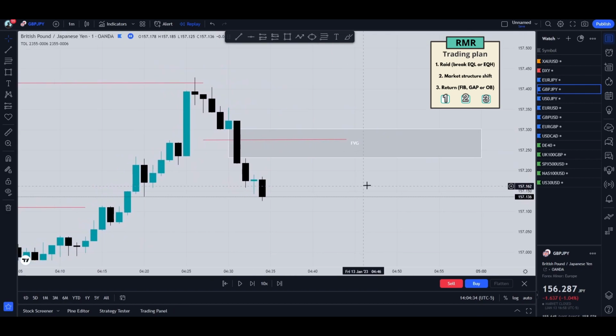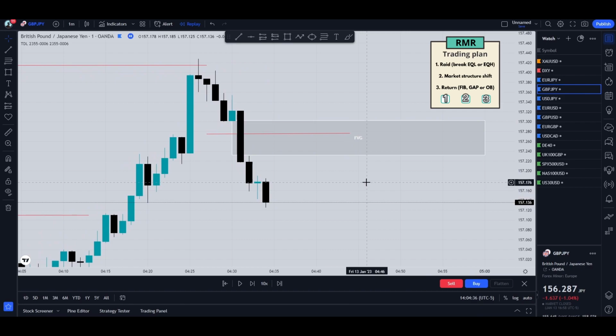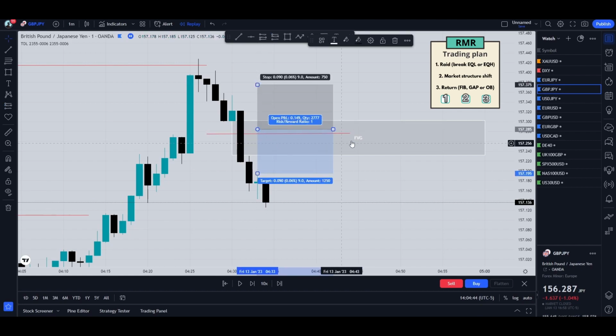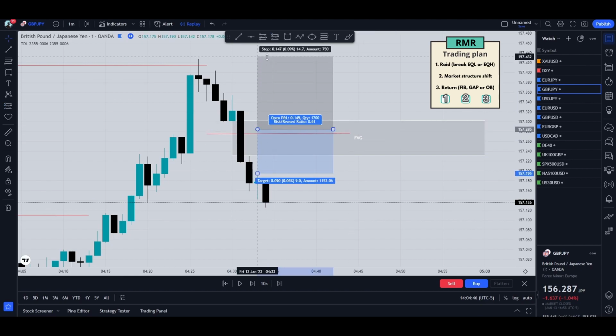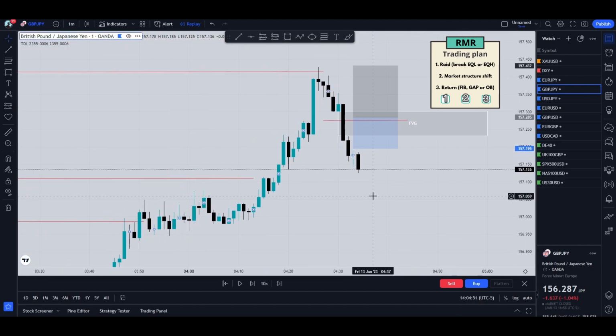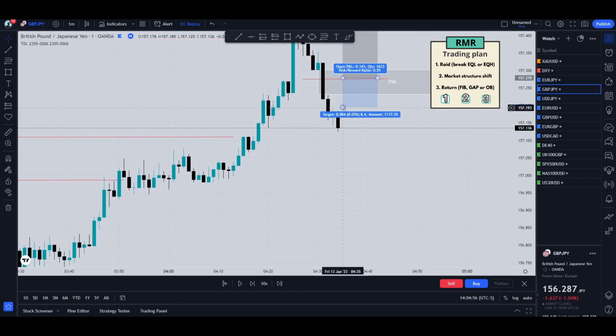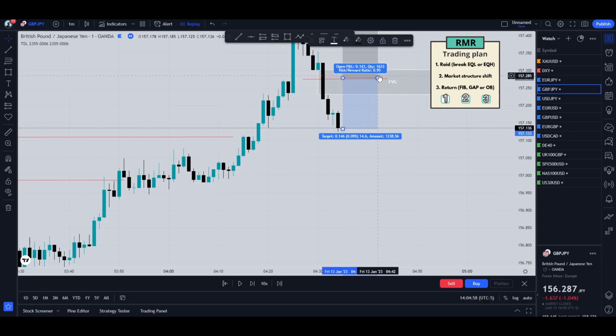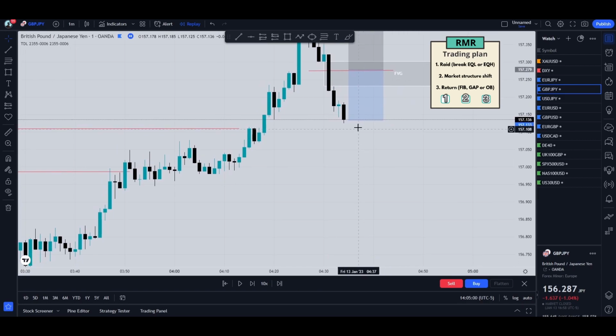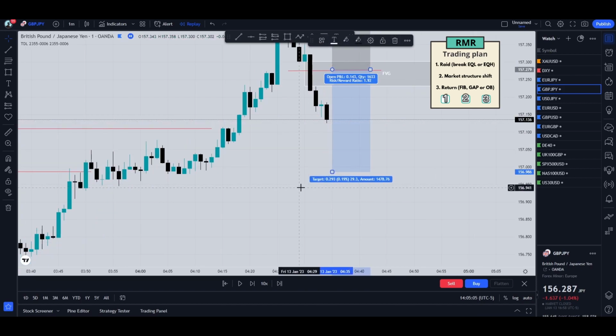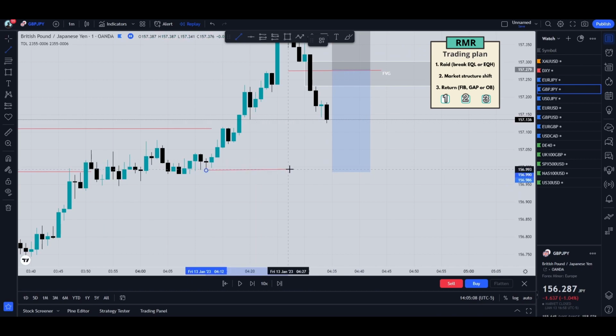So let's see how it goes, and if we can get a good trade, I'll be placing my short right above this 0.5 level here. So let's say here, and then I'll be putting my stop loss right above the high of that candle, and now I'll be looking for some levels where I can take my profits. First level could be here, which gives a 0.95 return, which is not good in my opinion. So let's look for this level, which is at 1.92. This could be our take profit number one,